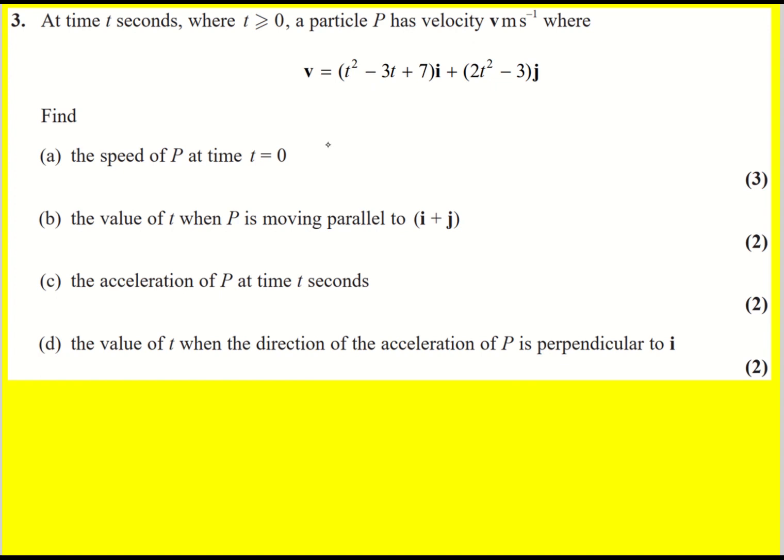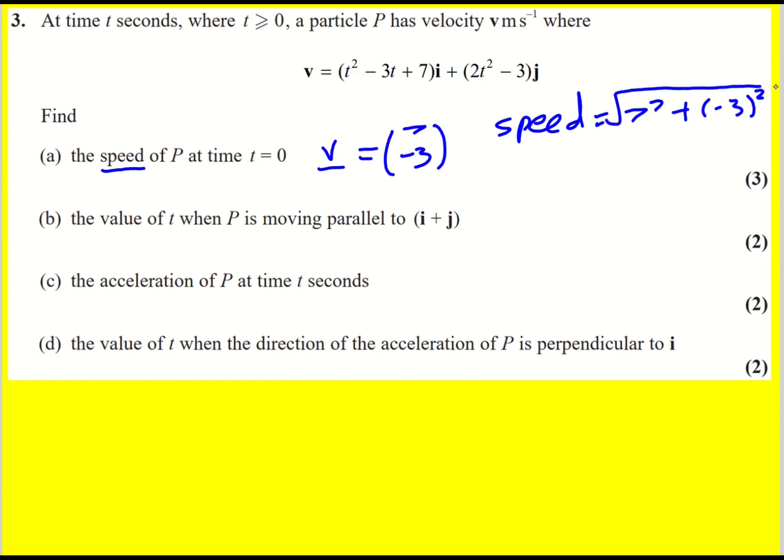So find the speed when t is 0. Let's find the velocity first of all, then we'll get the speed, which is the magnitude. So I'm going to write it in vector form, and I'm just going to get 7, minus 3. So then the speed will equal, we can apply Pythagoras' theorem, root of 7 squared plus minus 3 squared. I'm applying Pythag because I'm going along 7 and down 3, and I want to know this length here. This is a right angle triangle. So that gives root 58, which is then